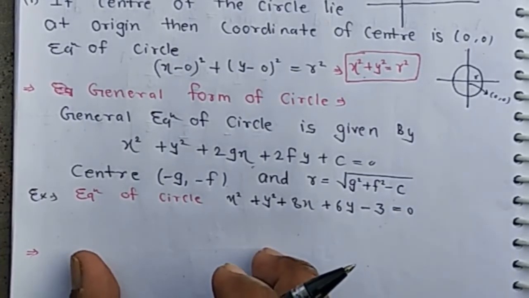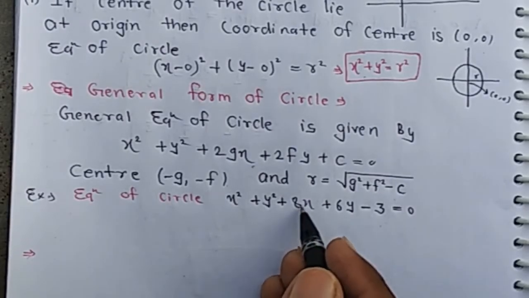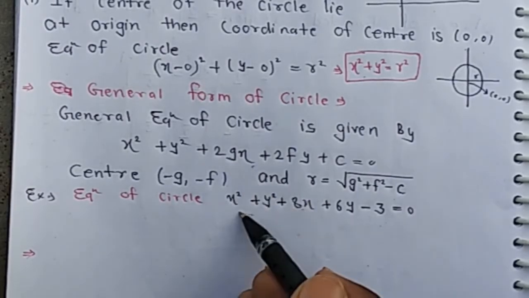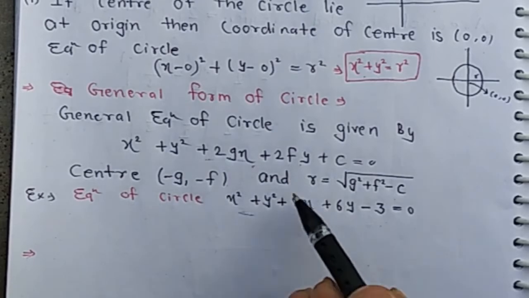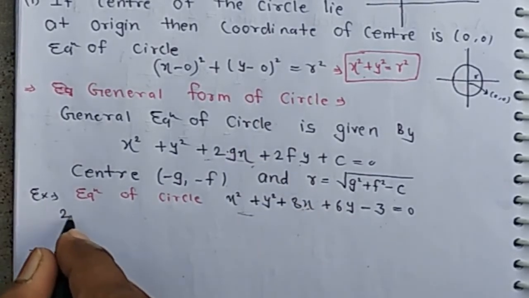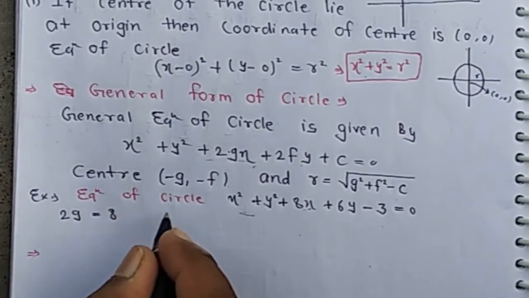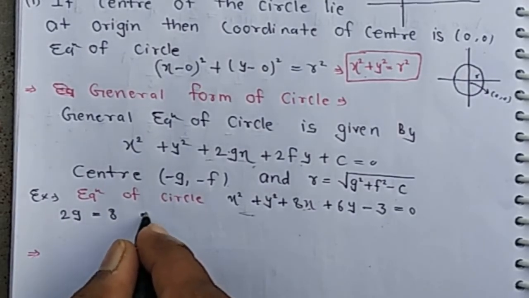Then for the center of the circle, firstly we find value of g. Compare this equation with this equation. We have coefficient of x is 2g, coefficient of x is 8, means 2g equal 8, value of g is 4,